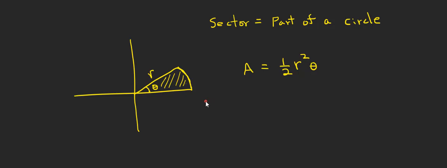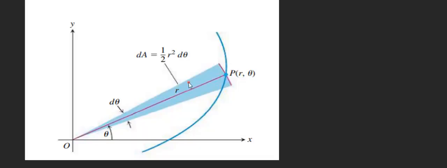Now let's review geometry. A sector is part of a circle. The area of a sector is 1 over 2 times r squared times theta, where theta is the measure of an angle in radians from the x-axis to the radius, and r is of course the radius of a circle. So when we break it into little sectors, d theta represents the angle of this sector,